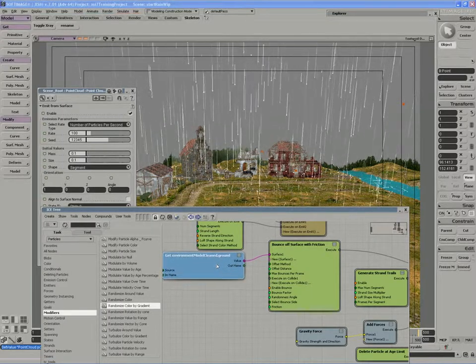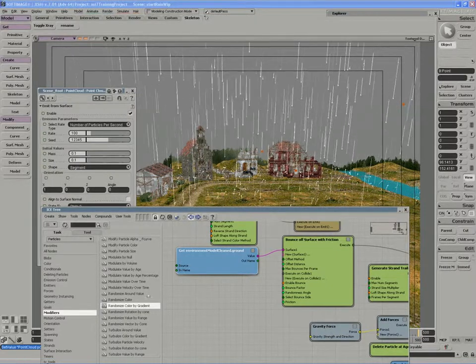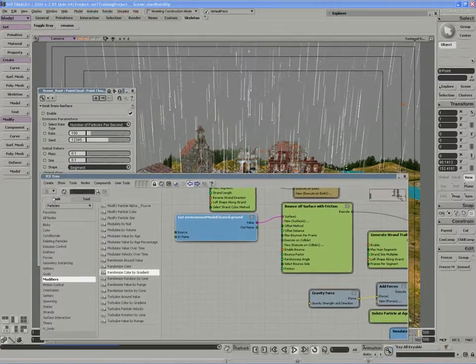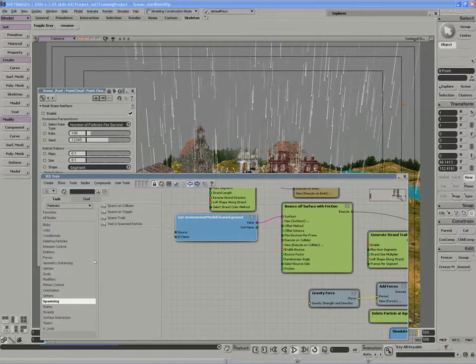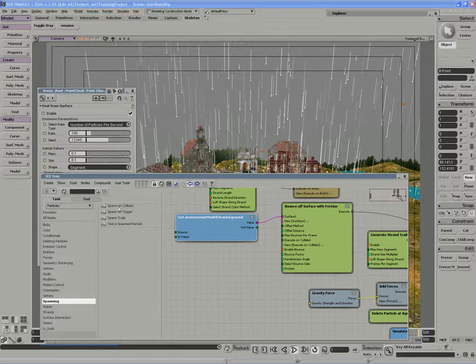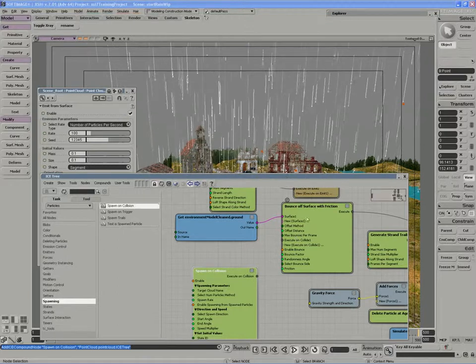I want to spawn particles when particles collide with the ground, and to do that I can look under the particle tasks menu and look at the spawning category of compounds. The spawn on collision compound will do exactly what I'm looking for. If I plug its output into the execute on collide of the bounce off surface with friction,